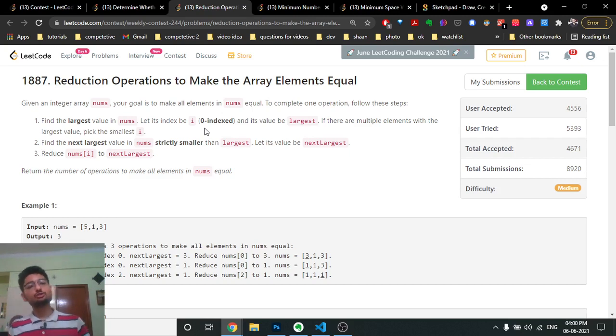What you'll do is choose the maximum element. If there are multiple, you will choose every element, okay, like the smallest index or whatever, but you have to first choose the largest element and the second largest element. And what you'll do is convert the largest element, in one step you can take one largest element and convert it to the second largest element. Okay, so in simple terms, let's assume that the matrix has 5 as the largest element and 4 as the second largest element. So in each step you will take 5 and convert it to 4, the next 5 convert it to 4, next 5 convert it to 4, and so on. Now you have to do these steps so that you can make all the numbers equal to a single number.